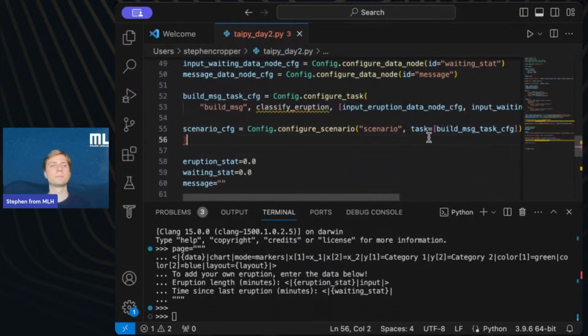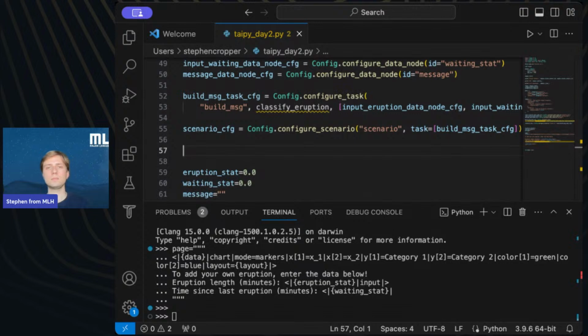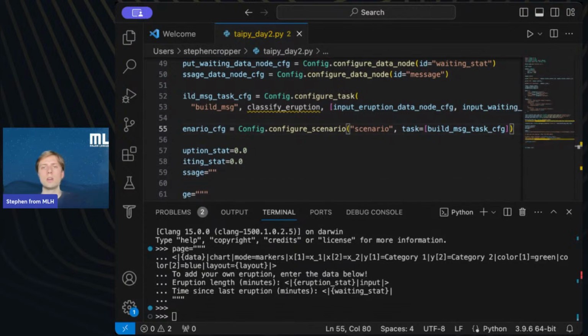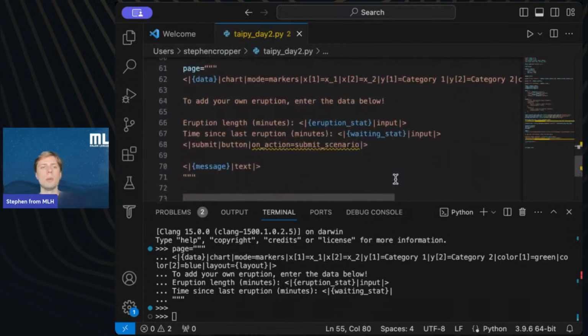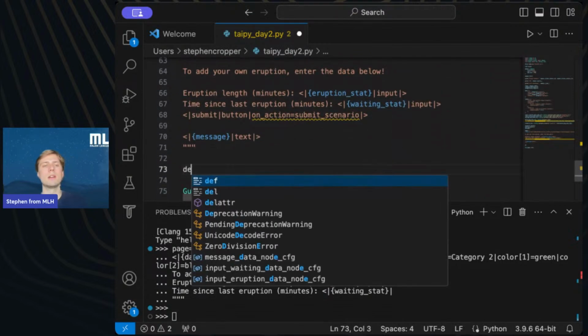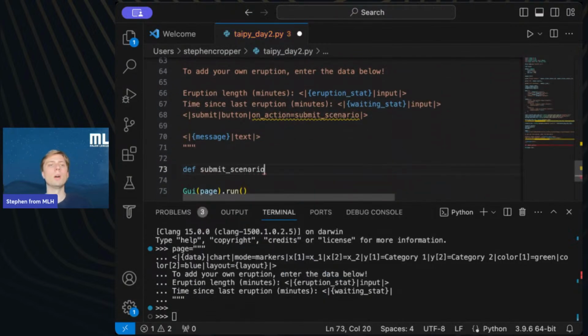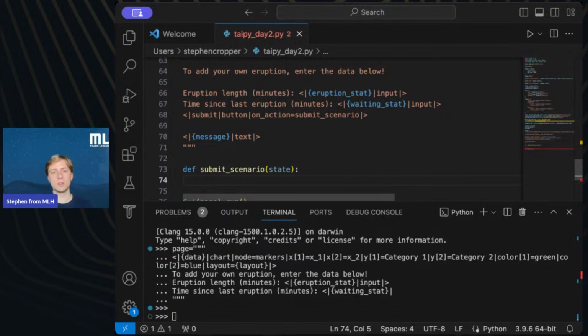Configuration. All right. So remember, I still need to define this submit scenario function. So I'm going to do that below. And we're going to have it pass in a state. Because remember, the state will be different for each user.